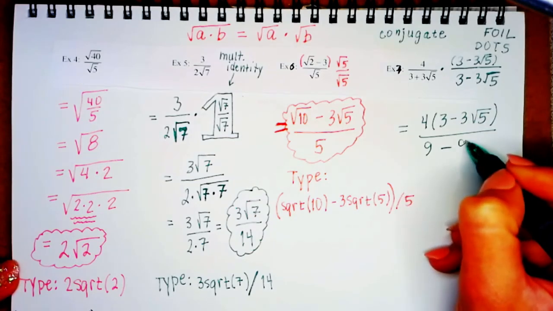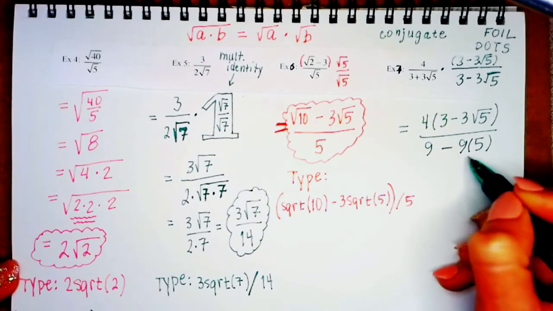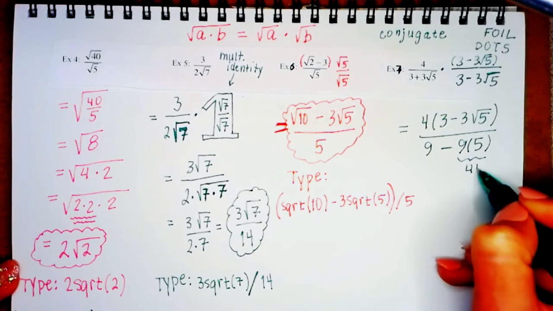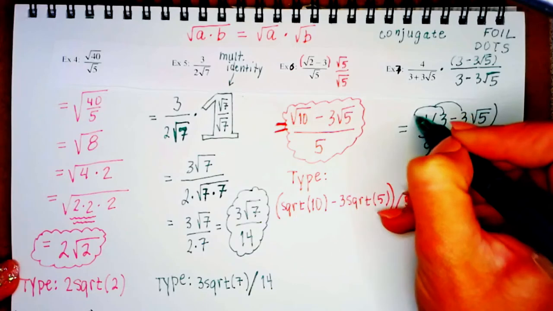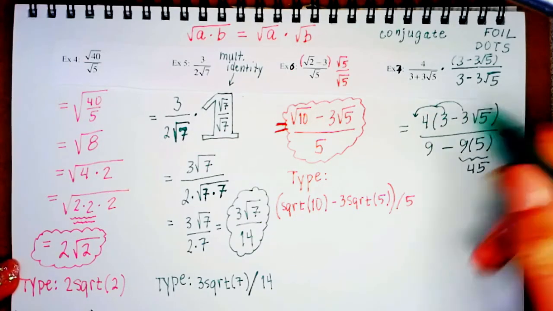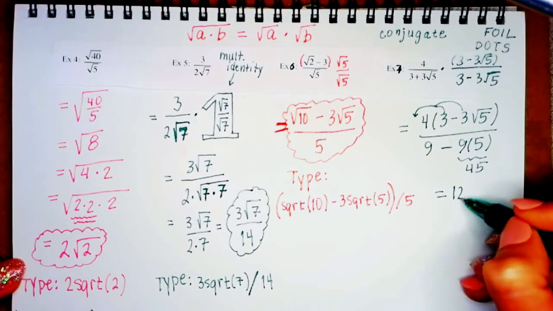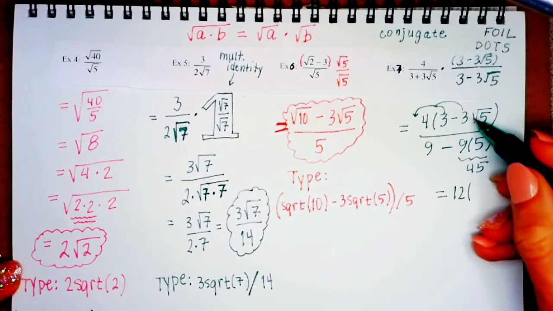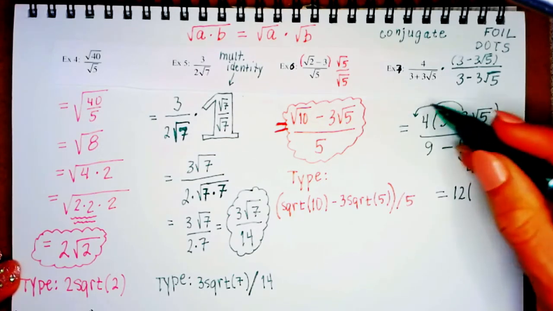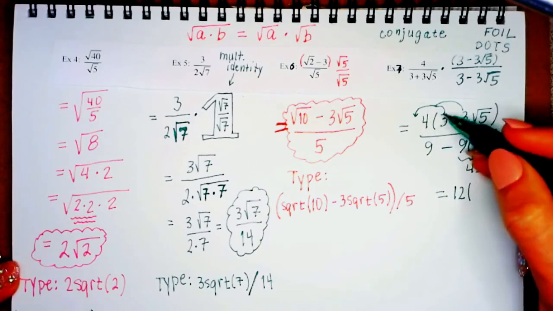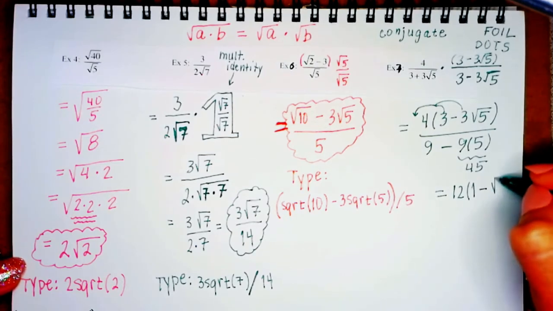3 times 3 is 9. Root 5 times root 5 is 5. 9 times 5 is 45. And I'm also going to factor out that 3 and multiply it out front in the next step. So what do we got? Equals 4 times 3, 12. When you took the 3 out, we are undistributing it. So you're doing the inverse of multiplication, which is division. This does not become a 0. 3 divided by 3 is 1. So you have 1 minus radical 5